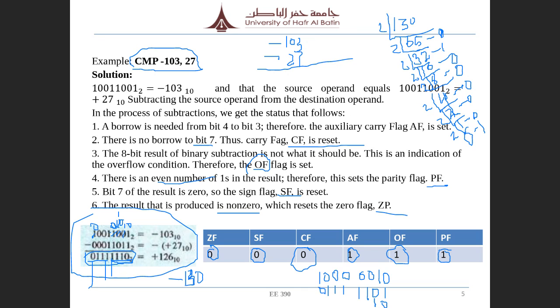So is it 8 bit? 130, yeah, 8 bit. Okay, 1 0 0 0 0 0 1 0. Okay, so then it will be 1